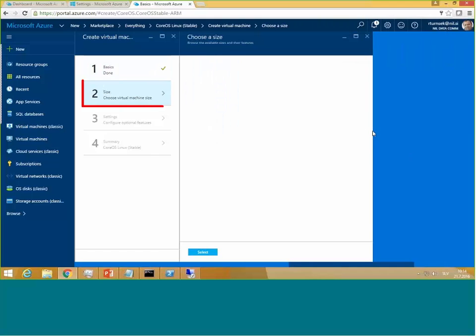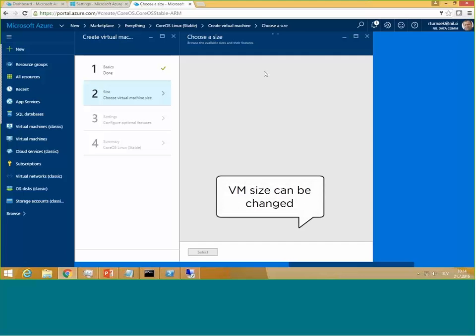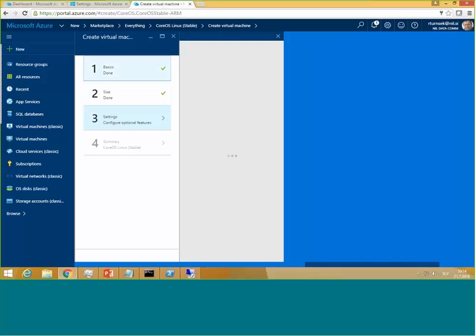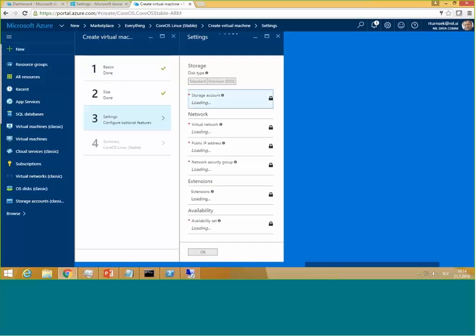Virtual machine size again depends on the needs I have. One more thing about the virtual machine sizes is that you can change the sizing later on. So start small, then when you see that there are not enough resources, you can add the resources or change. The procedure is that you shut down the machine, change the resources, power on the machine, and the machine will have more resources. You can do it in both ways, increase the resources or decrease the resources. So again, the storage part